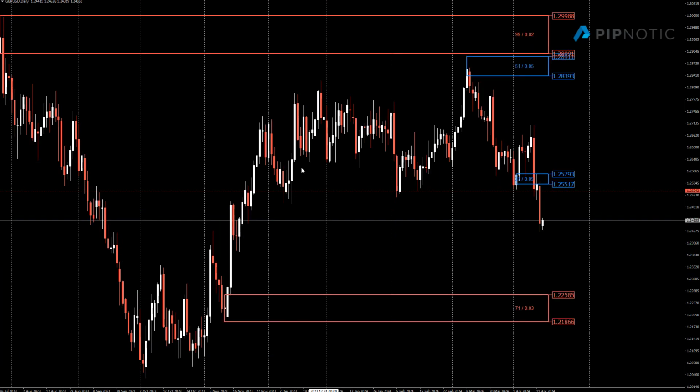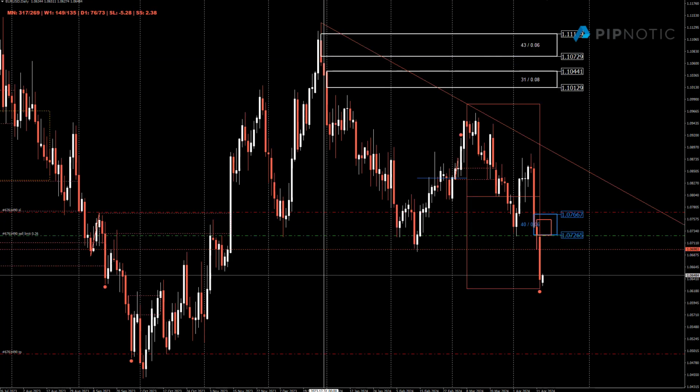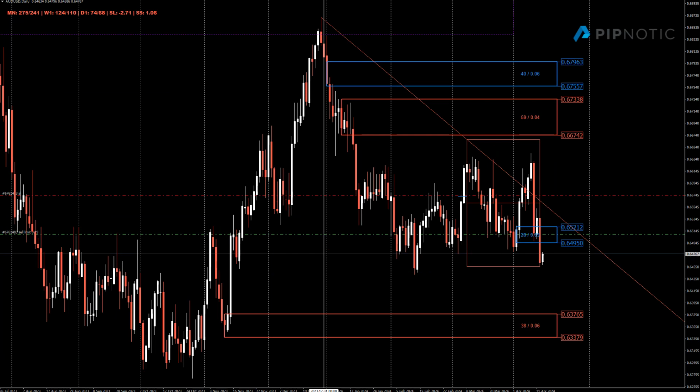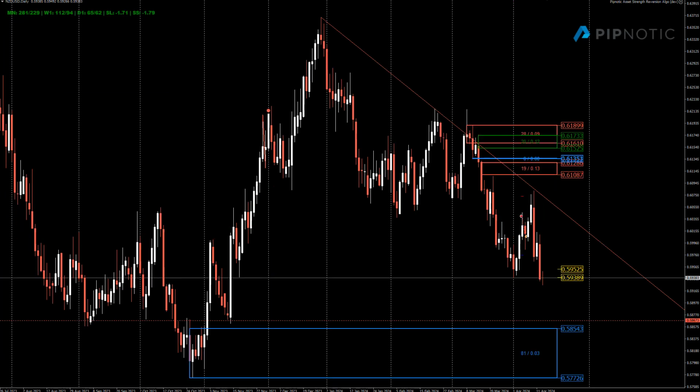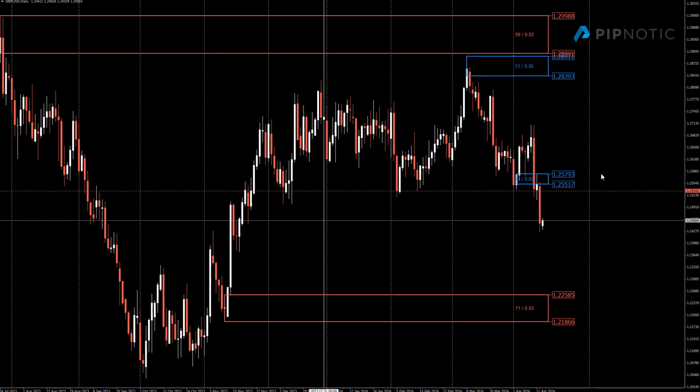Moving to the pound. Look at this, then go to this chart. And the Aussie and the Kiwi, they look quite similar, don't they? It's funny how everything is moving in sync, and the common denominator for those pairs is the American dollar. So it seems to be the American dollar that is deciding the direction of these pairs.